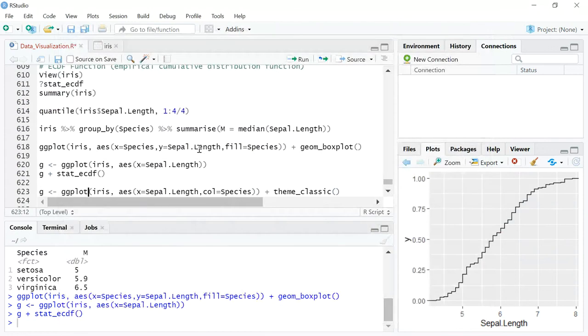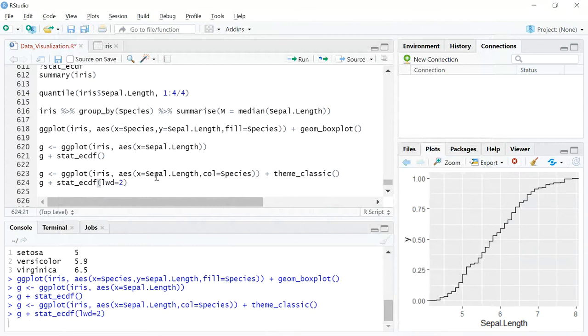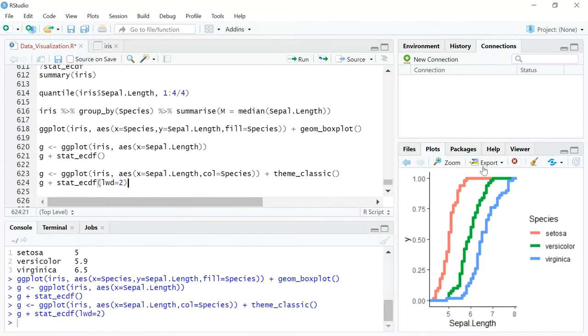Before closing, we'll spice it up a bit. You saw that this curve is slightly bland, so we are going to use theme_classic to remove the gray grids, and we're going to color it by species so that we get three different lines, because species is your categorical variable. Then we're going to give it a line width of 2 so that it looks neat. So in the end, it becomes like this.